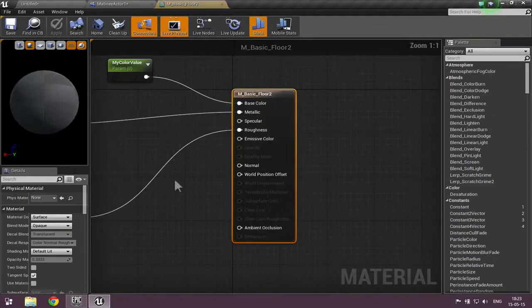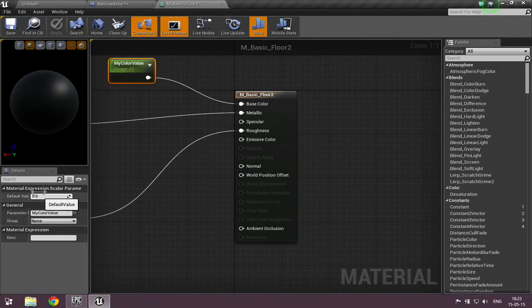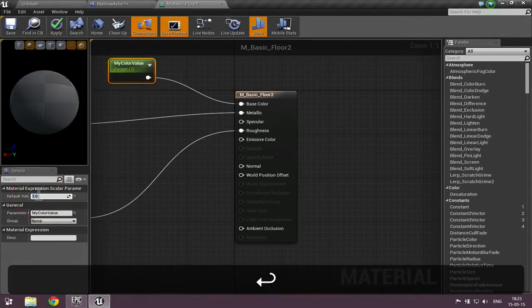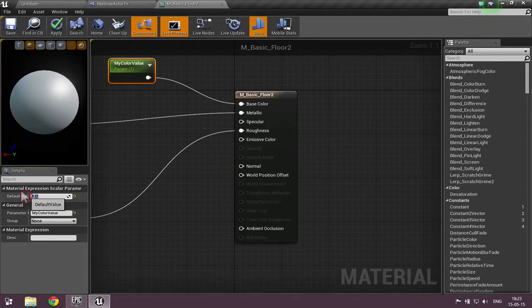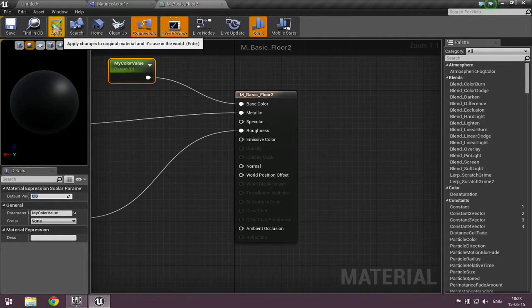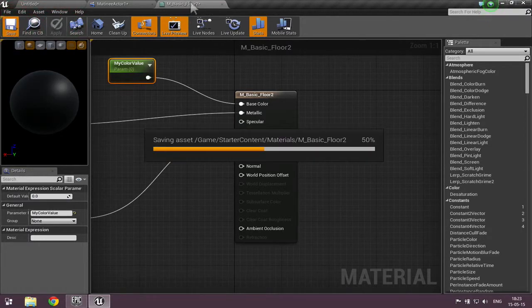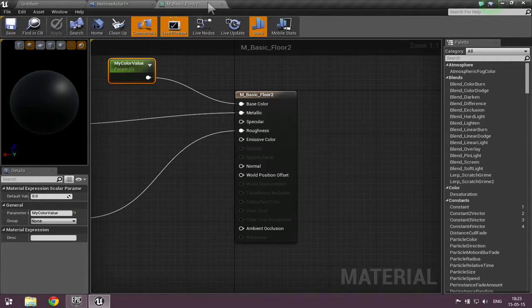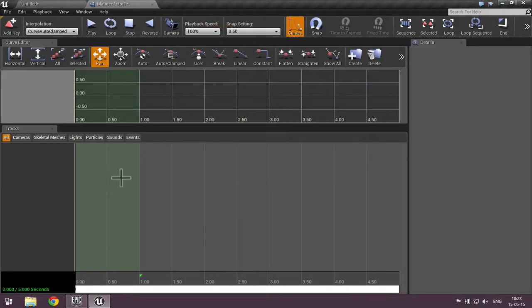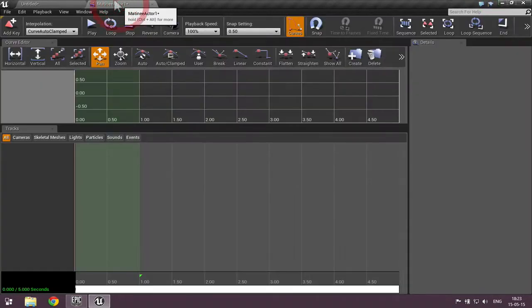So if I double click it again, you can change the color value. Default value is 0. You can change it to 1, and now it's completely white. See what happens like that? You can change it to 0. Let's just start with black, because I'm going to animate this color again. So let's just apply and save again, just to be sure. There's a little asterisk here at the top, and now it's gone. So let's close it. Okay, now we need to make the stairs. Select the stairs, and then press our little